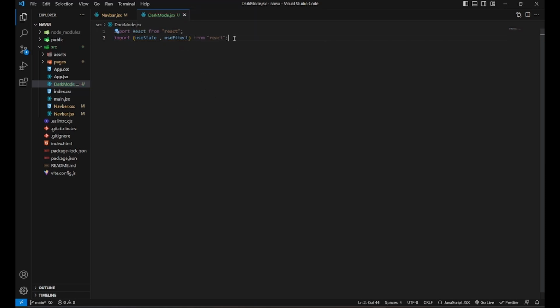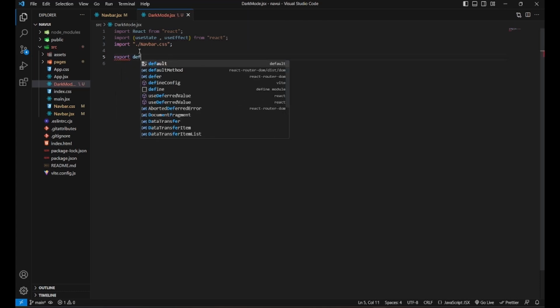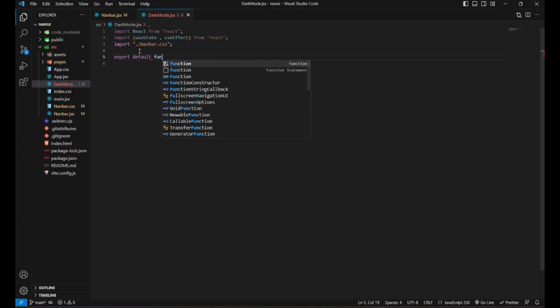So we are going to use state to manage the state of the dark mode and useEffect to manipulate the DOM. We will also import the navbar.css because we are going to manipulate the root variables in our CSS file via useEffect.